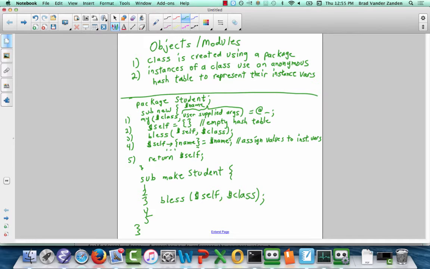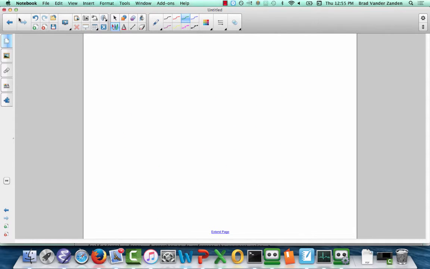Now, that's not really the reason Perl knows that it is a constructor. Perl actually knows that something is a constructor based on the way you create an object. So that's the constructor. To create an object, you give the constructor name, so let's say new,